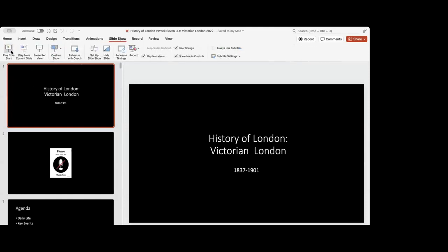and start the slideshow. Okay, before we get started, I did want to mention another London update, as I've been doing the last couple of weeks, as it happens. Last week, we talked about gas lamps, street lamps that were lit by gas, and I told you there were still some of those in London today. Well, just the other day,